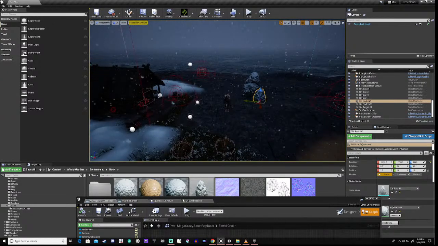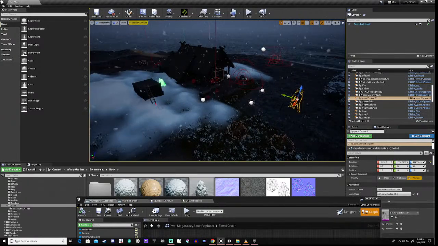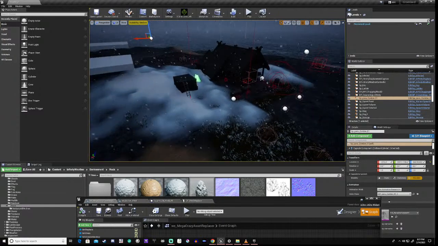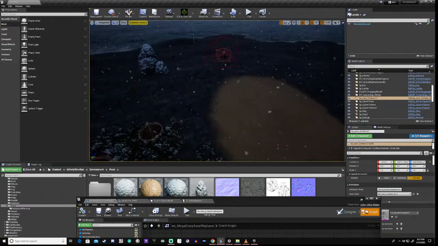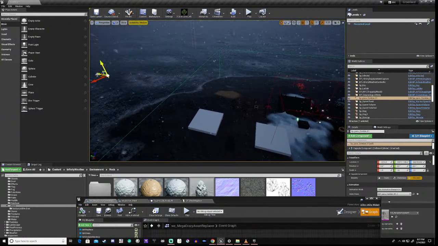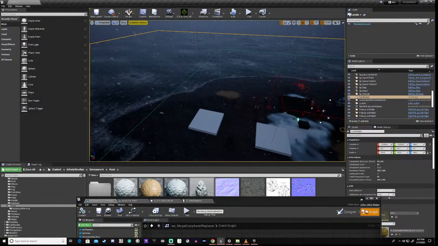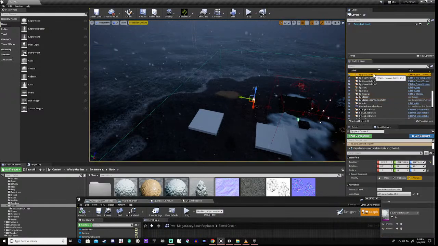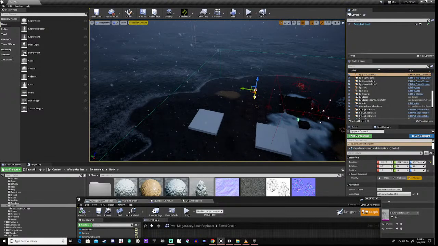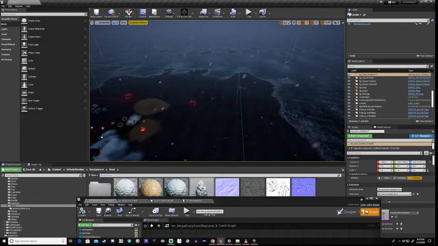And what we'll do is we'll get this monster and move him right out the way. I didn't actually mean to put him that much out the way. Sorry, monster. Right, so we'll move him out the way, but not too far.